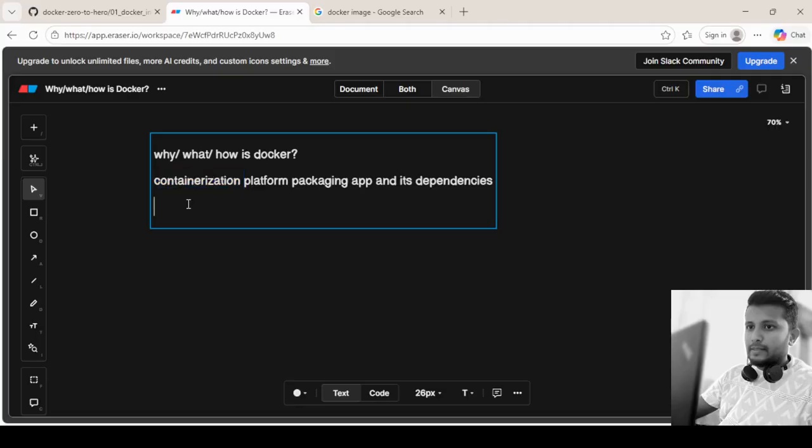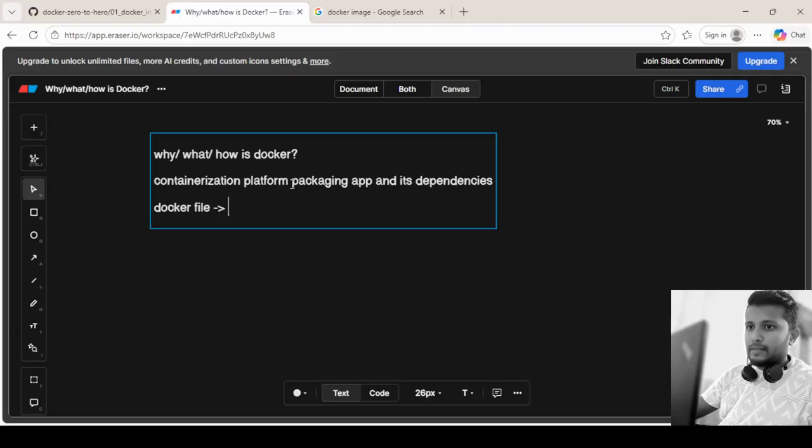But after that, how is Docker? How is Docker resolving this huge issue of platform dependency, meaning an application running in one environment and not in the other? Docker resolves this with something called a Dockerfile. This Dockerfile consists of a list of instructions for the application to run.